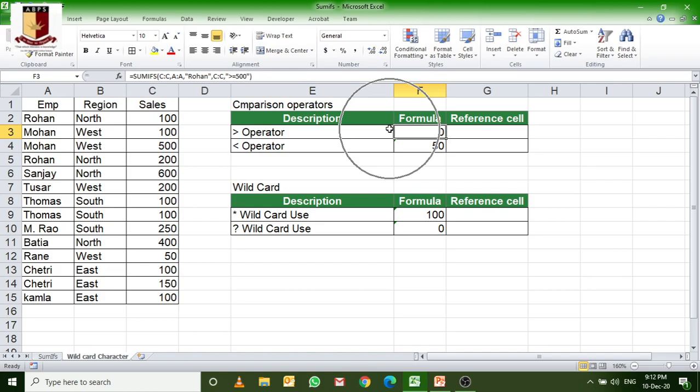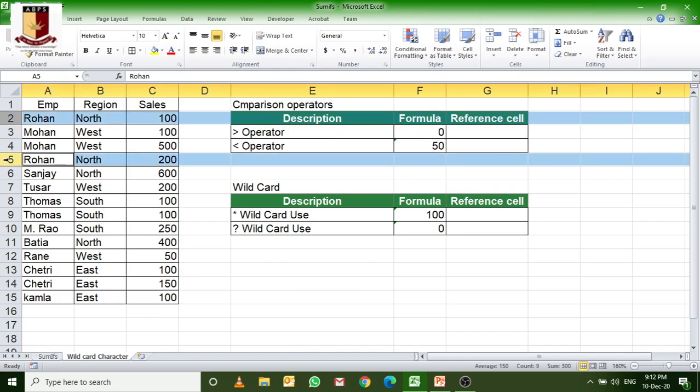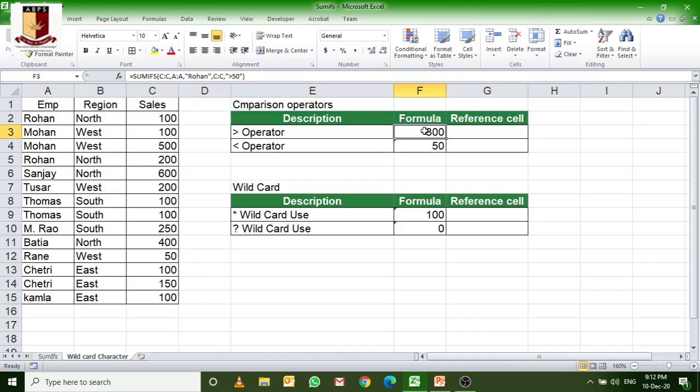The figure of Rohan's sales is only 300, and what we are applying here is 500, which does not match the criteria. That's why the result is coming 0. Suppose I take 50 here, but we know Rohan's sales is 300, so definitely the sum will happen. Just check, this is 300.